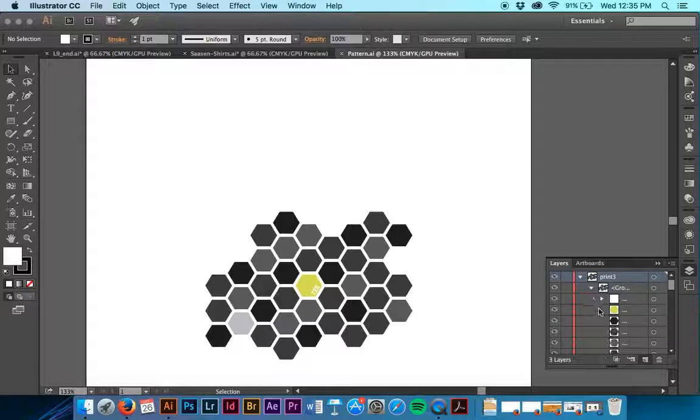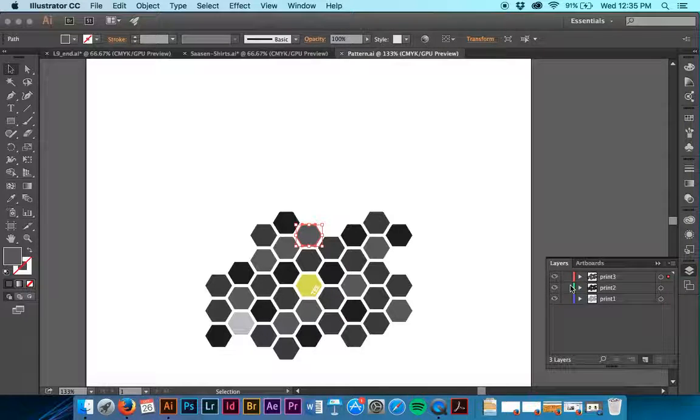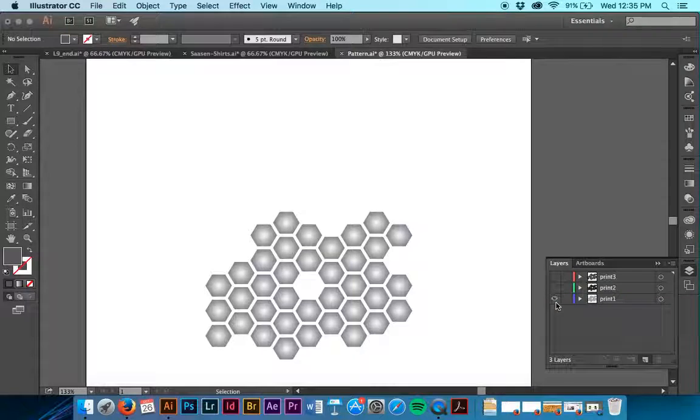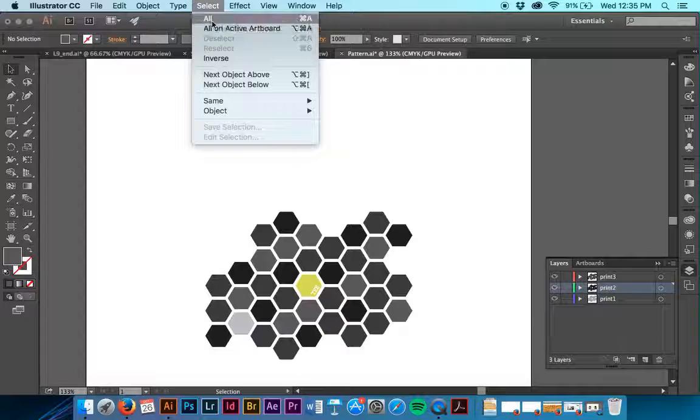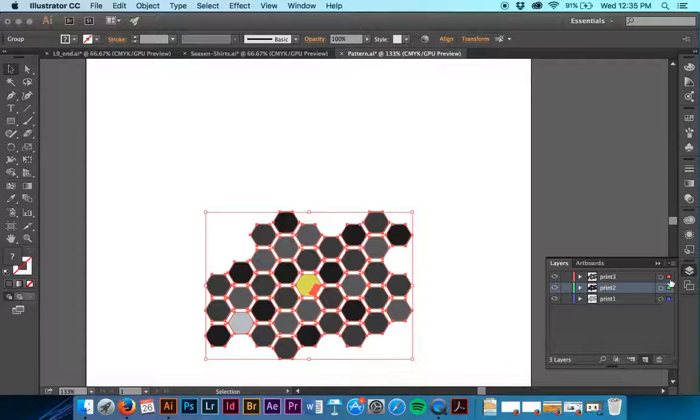They're in groups and these different shapes. So if you click one, you can see where they're highlighted. There's two. So they have some different depth and where they work on top of each other. So we're going to select all. So everything is selected, all these dots are activated, and we're going to do an Edit, Copy to copy this